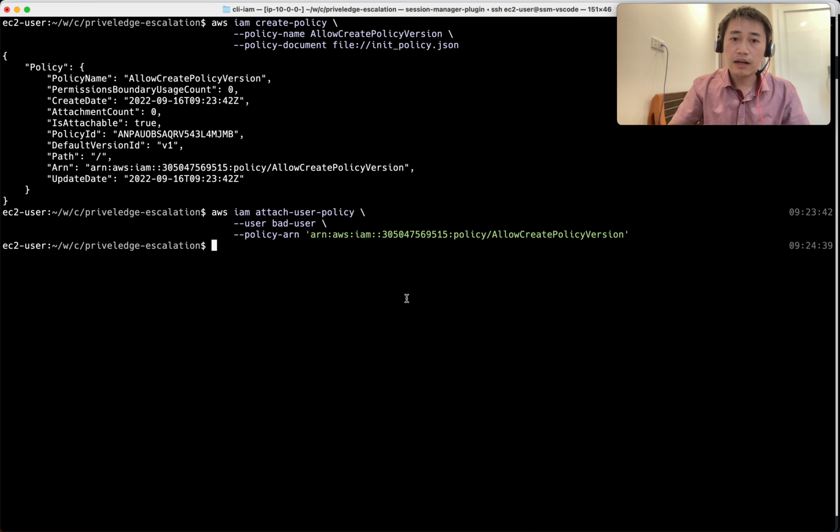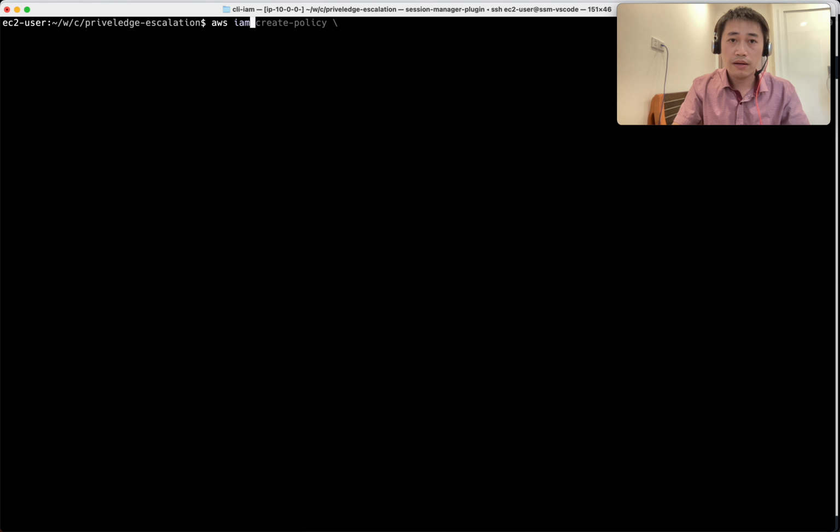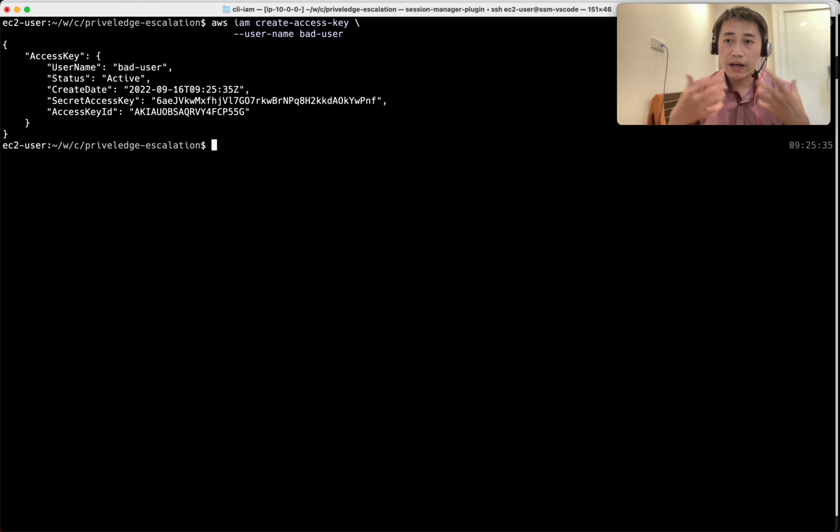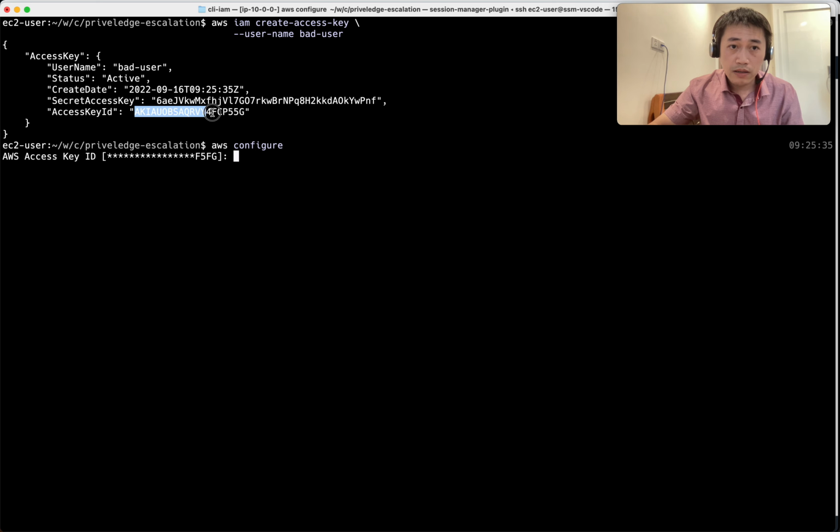Now let me create the access key for this user: aws iam create-access-key. Let me check. Okay, that's it. And now I configure my CLI, my console, with these key credentials, the access key